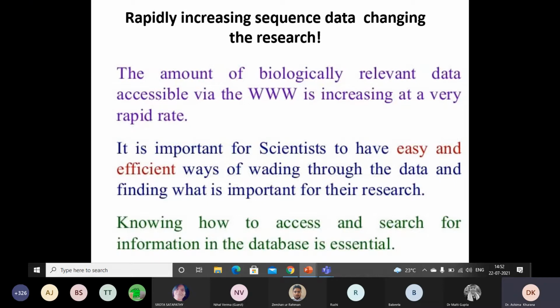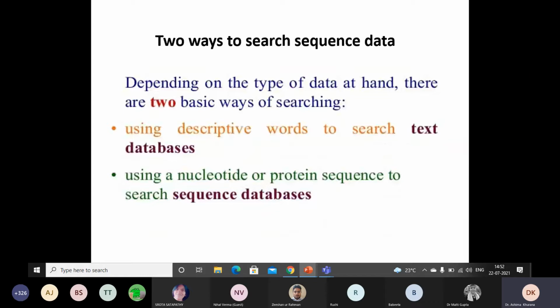It is important for scientists to have easy access, and knowing how to access and search for information in the database is essential. So now we will understand the ways we can search the sequence data available in the public domain.